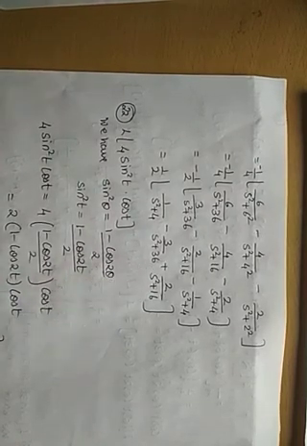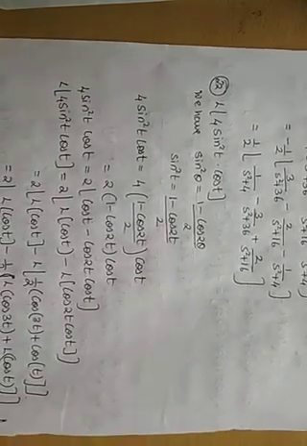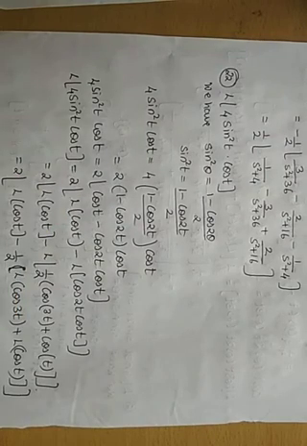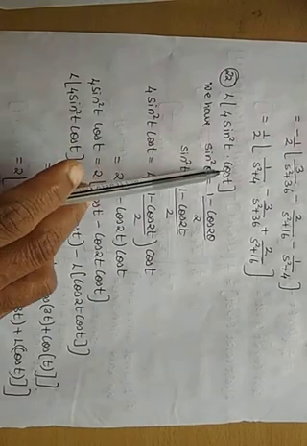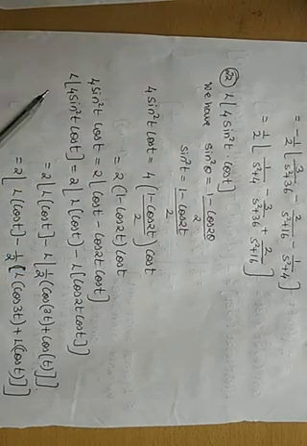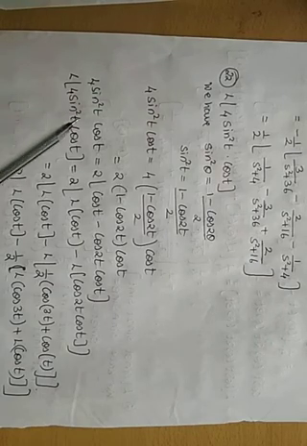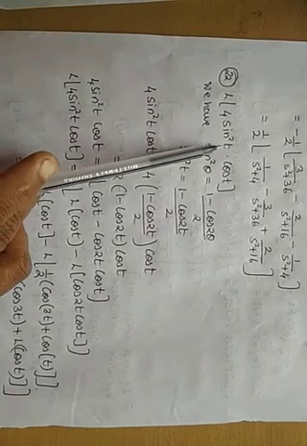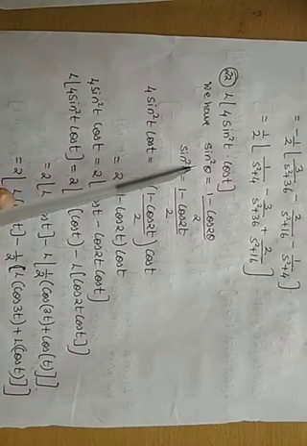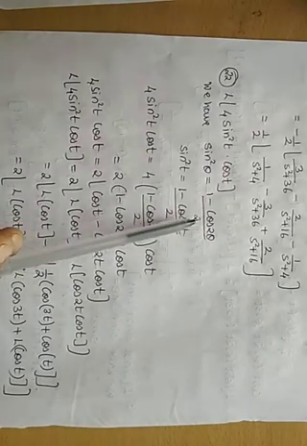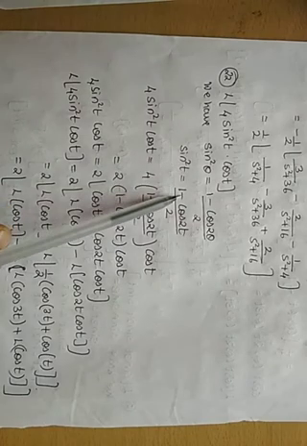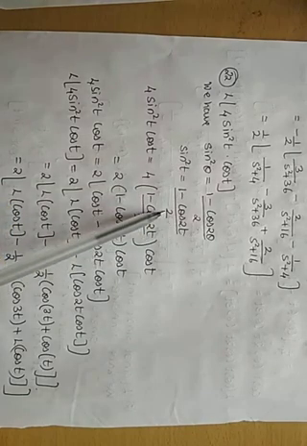Okay. So next, we want the Laplace transform of 4 sin square t into cos t. Though it is a product of two trigonometric functions, here we are having sin square t. So we cannot apply the transformation formula directly. Before that, we have to simplify sin square t. As per your background knowledge, we know that sin square theta is (1 minus cos 2 theta) upon 2. Hence, sin square t will become (1 minus cos 2t) upon 2.